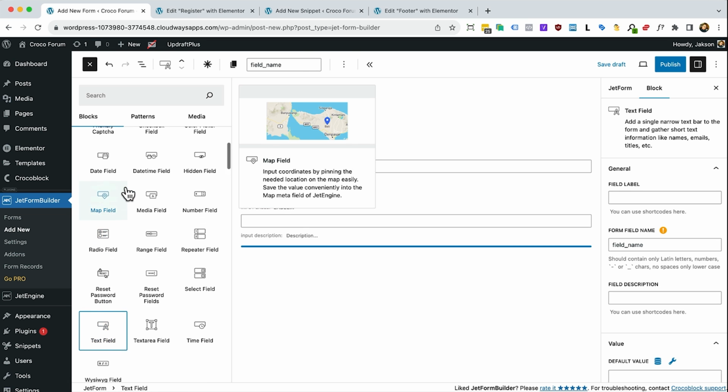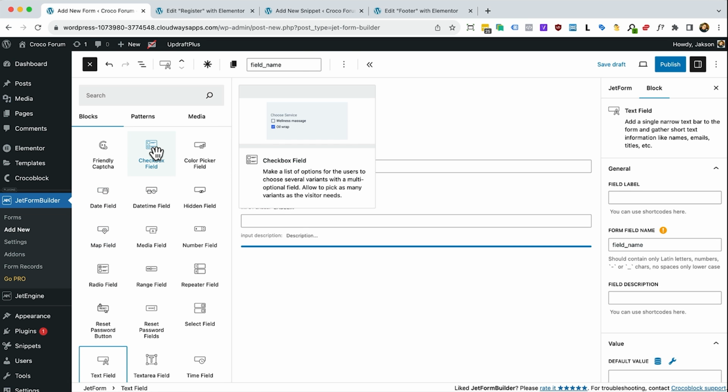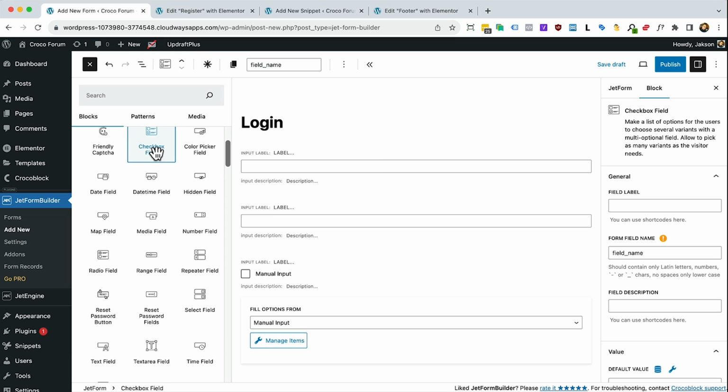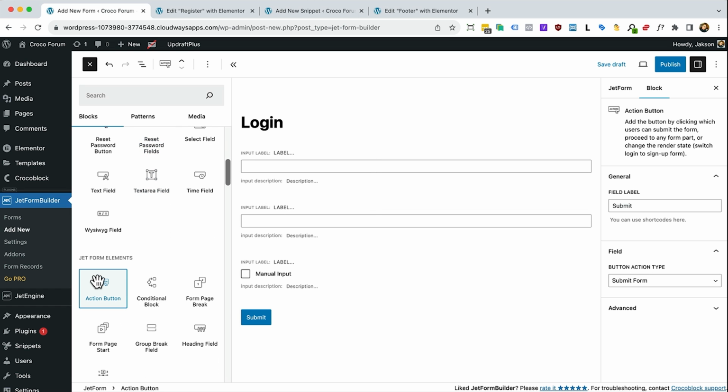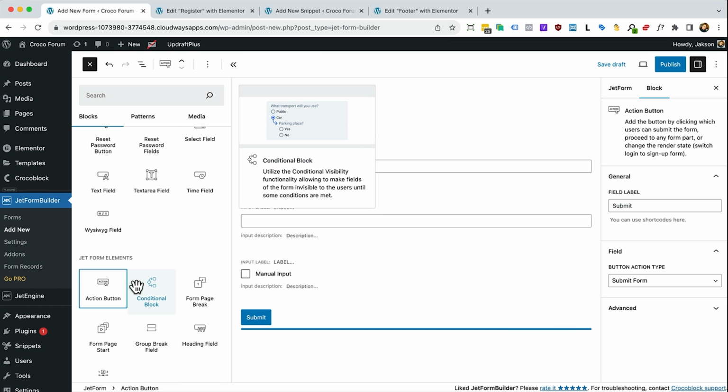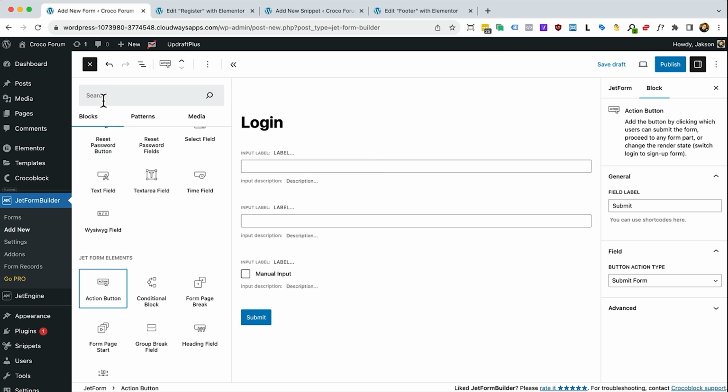We're also going to need a checkbox field, and that's for a remember me checkbox, so that your browser can remember you when you come back. We're also going to add the action button, which will be the submit form default. Plus, we're going to add a paragraph